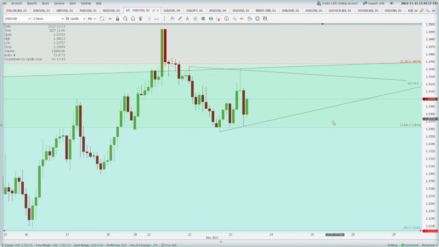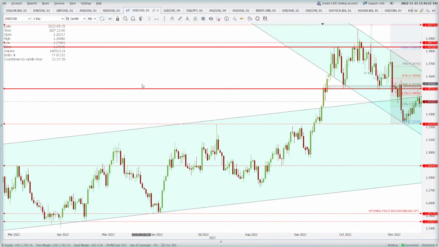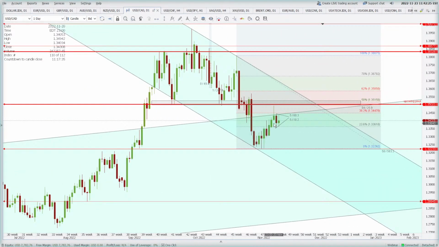When the price breaks to either side, you can go long or short, but you see what is the bigger picture here. The bigger picture states that the price should go down from here to 1.3223. Okay, because it has already tested the resistance zone, and now maybe it will be headed lower. So